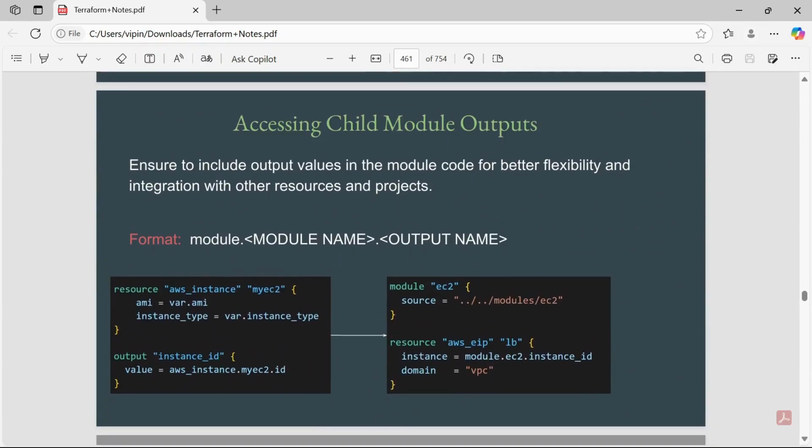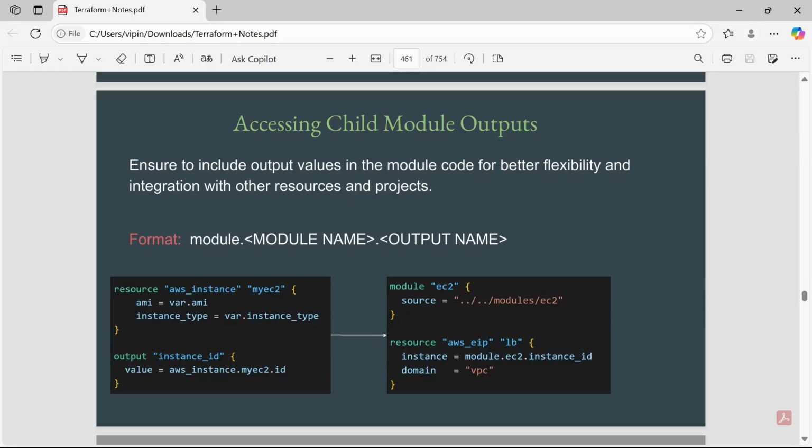When accessing child module output, ensure you include the output value in the module code for better flexibility and integration with other resources and projects. Whenever we define the output value, we have to follow this format: module dot module name dot output name.